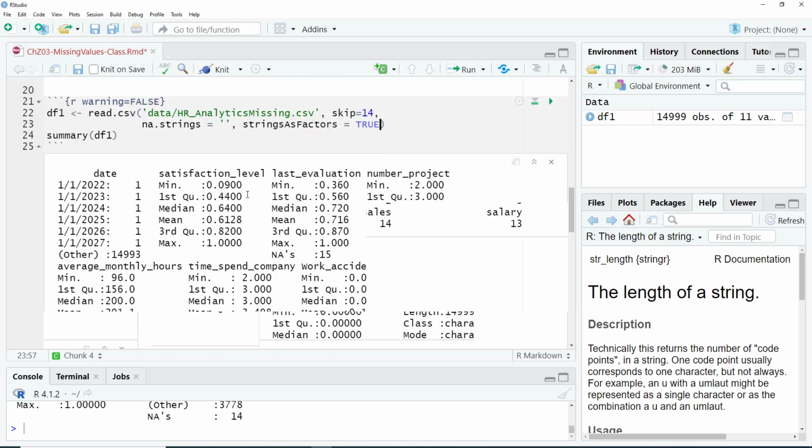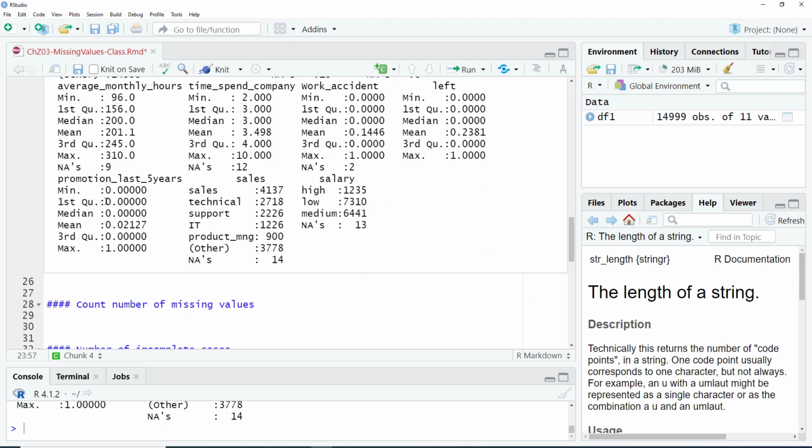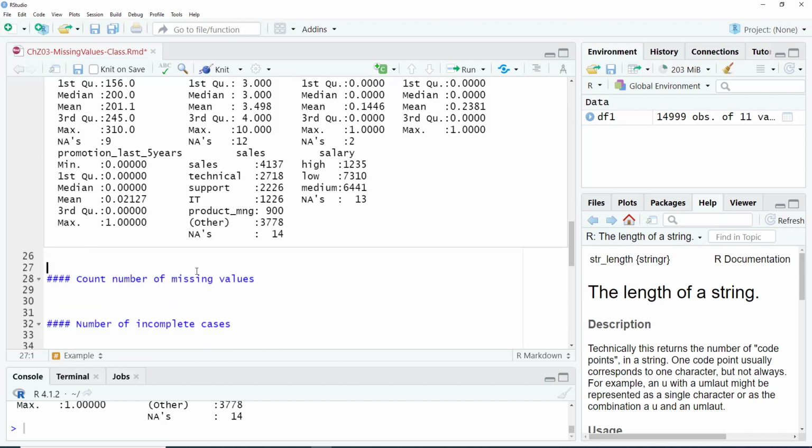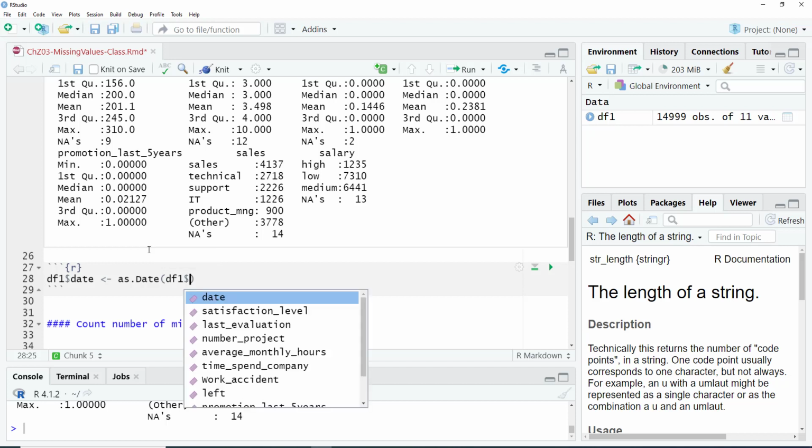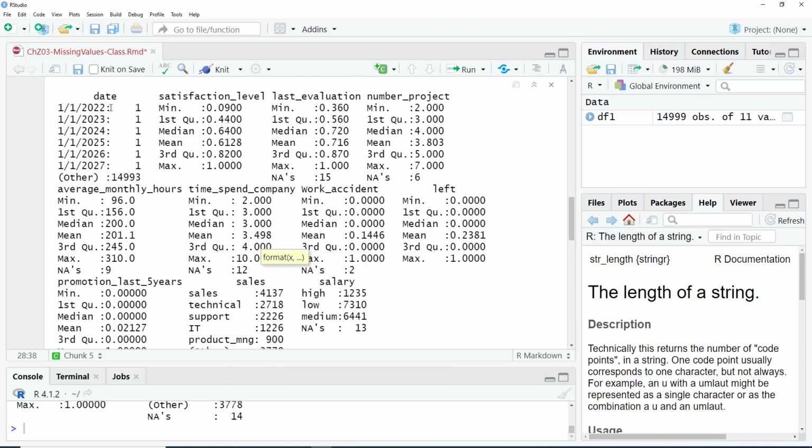All right. So now the date is not in date format, so you can change that. So df1 date as date, right? df1 date, and then you have to give the format. Okay. So format here is